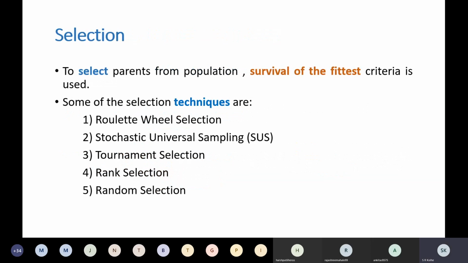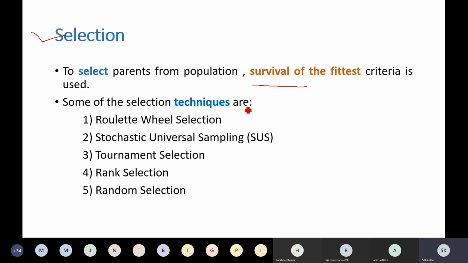Now we have seen how to represent a solution in the population and how to represent a population. The next important step is how to perform selection. To perform selection, the common criterion is that better individuals have to be selected. So the survival of the fittest criterion is used. But how actually has that to be incorporated in an algorithm?